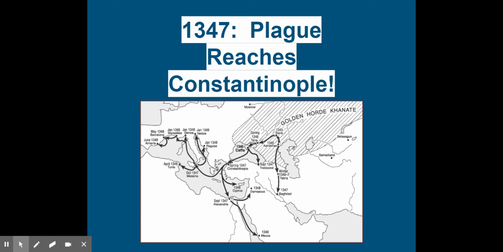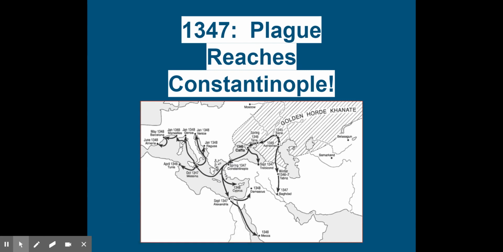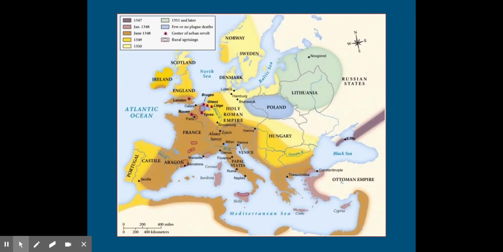And this graph shows you the Mediterranean area and where it landed. You can see it starting down, going down over the bad days. You see spring 1347, Constantinople. Merchant ships that we talked about come out of Constantinople and bring goods to the west. They're bringing everything to the west. They're also bringing the disease with them, and it starts to spread.